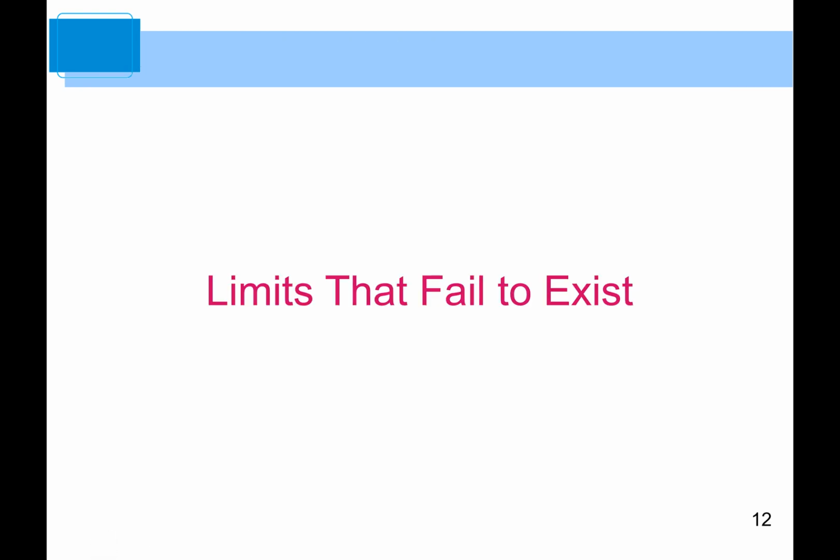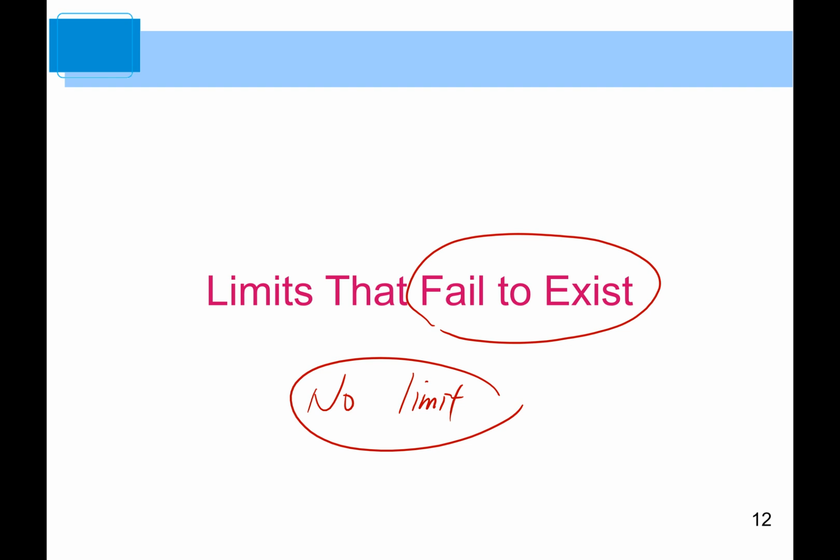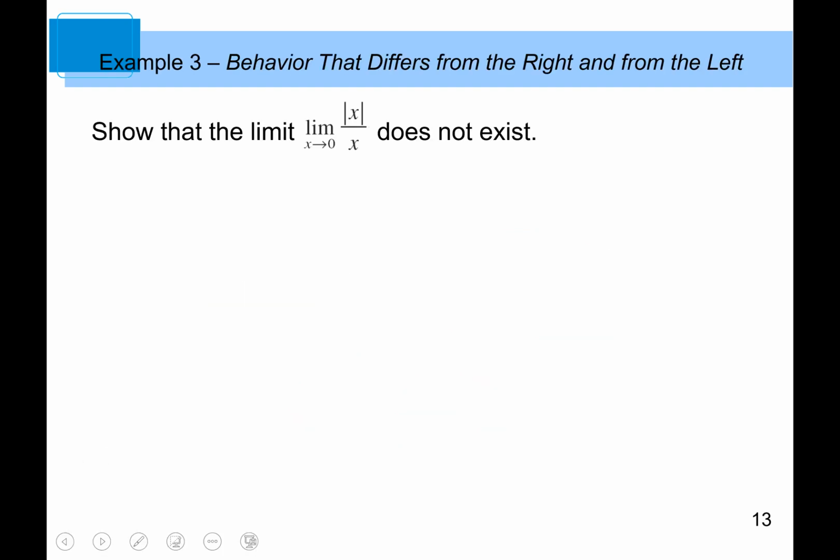So let's take a look at some cases for limits that fail to exist, meaning no limit. Let's take a look at several examples. There are 3 different cases where a limit does not exist. The behavior on the right differing from the left shows that the limit as x approaches 0 does not exist. So on the left-hand side of 0,